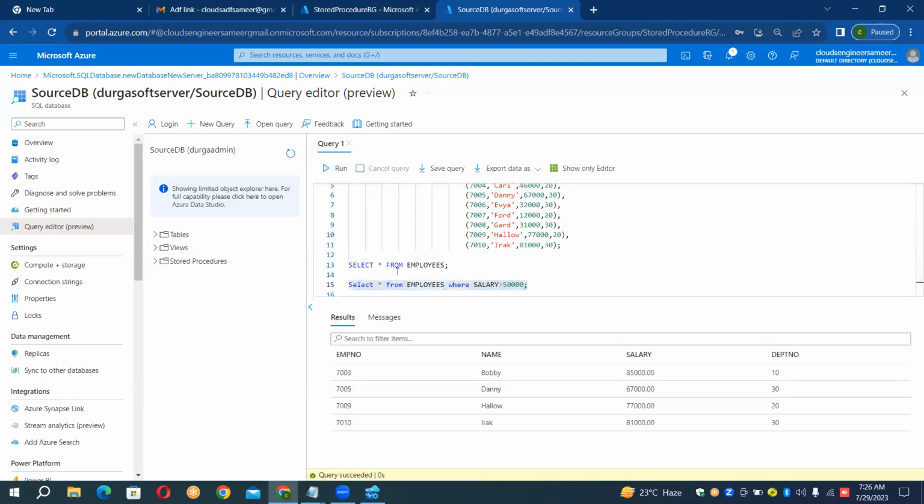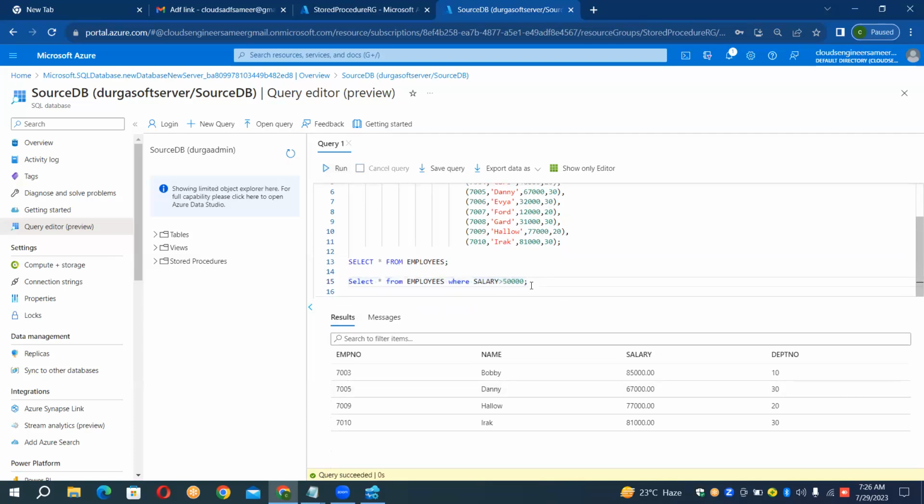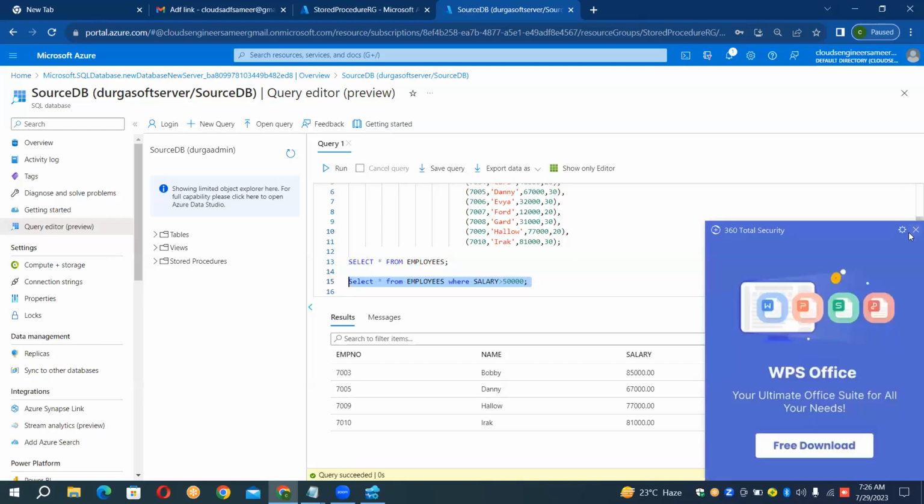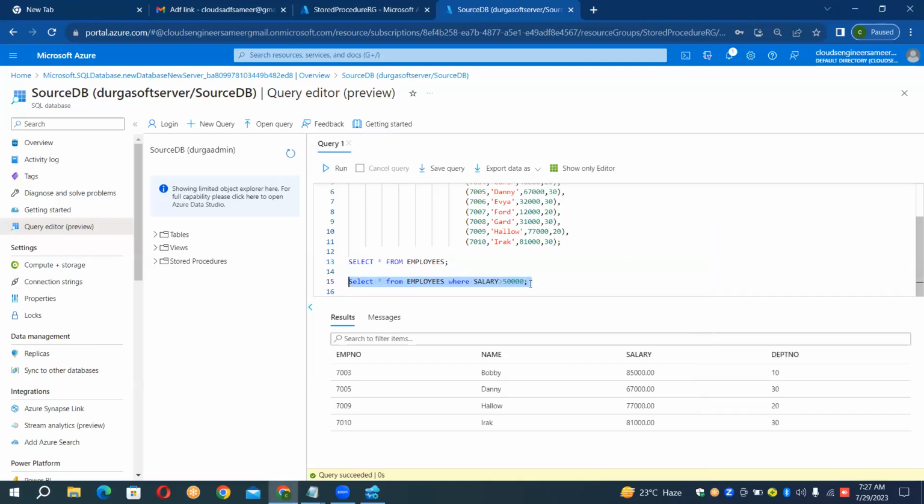Static query. Why static? Whenever I am using this, every time it will return only those records where the salary is greater than 50,000. Okay, am I right? Will it display the records greater than or equal to 50,000, or only greater than 50,000? Yes, only greater than 50,000. Not equal to. It will give you the greater than. So whenever you want to make this more dynamic,